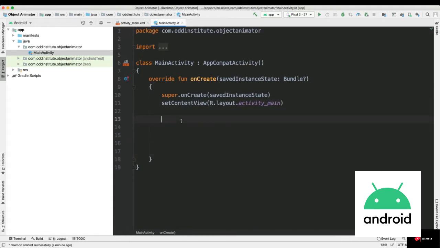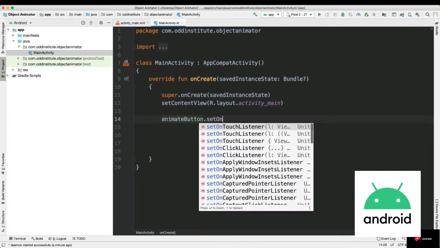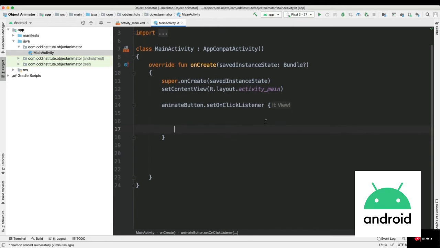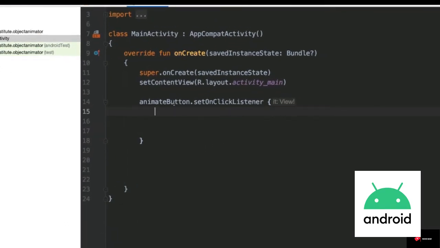I'm going to head into my onCreate. In my onCreate, I'm going to add a click listener for my button, so I say animate button set on click listener. In here we want to make ourselves an object animator. First I'm going to show you how we could make a single object animator, then I'm going to show you how we could make more than one. Let's go ahead, in my button being clicked,